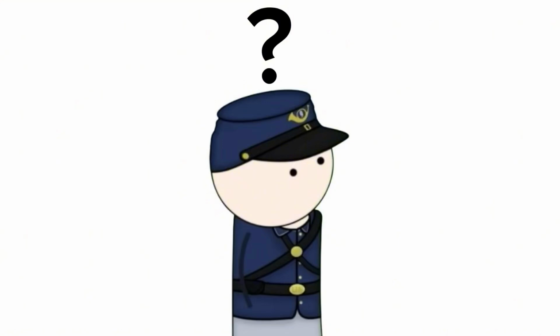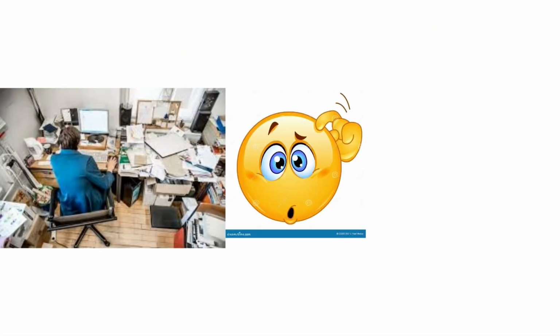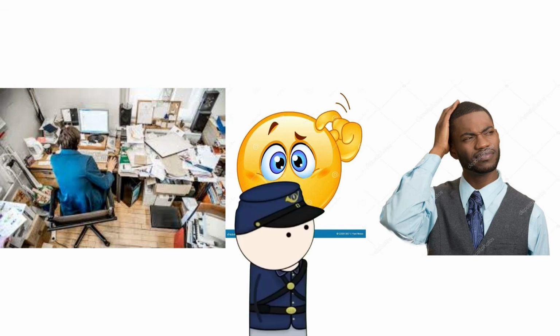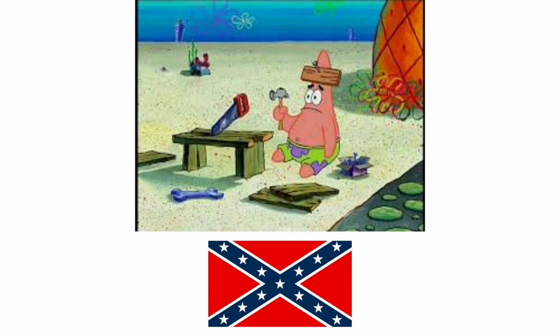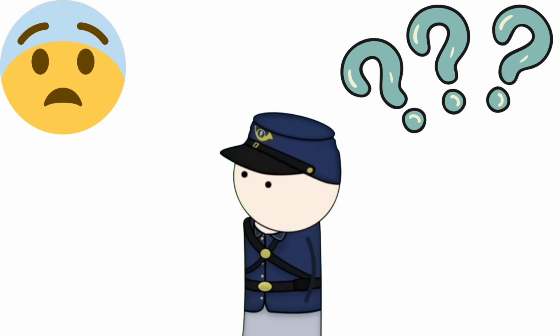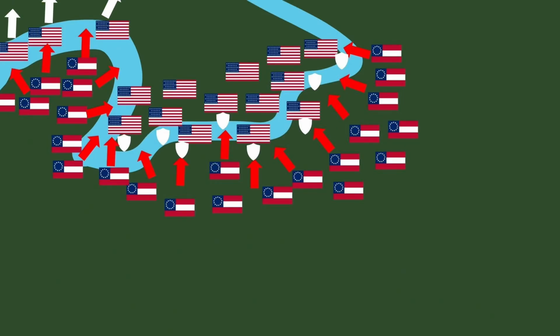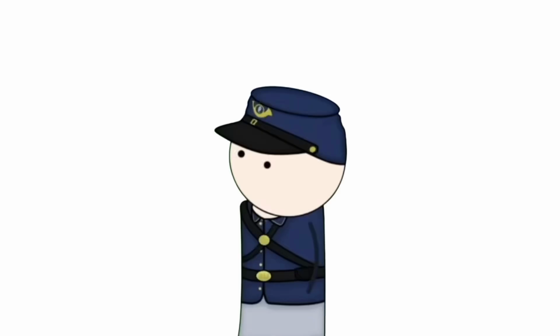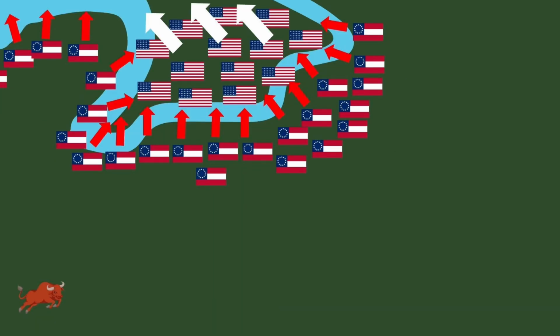However, the Union in this battle, like I said, had a lot of poorly trained men. And with poorly trained men comes poor organization, coordination, and other decision-making skills. Don't get me wrong, the Confederacy had the exact same issues. Anyways, as I was explaining, the Union had coordination issues, and out of this confusion and fear of not knowing what to do about the drastic advancement of the Confederacy on their right flank, the Union decided that they were basically doomed and just chose to run for their lives and retreat.